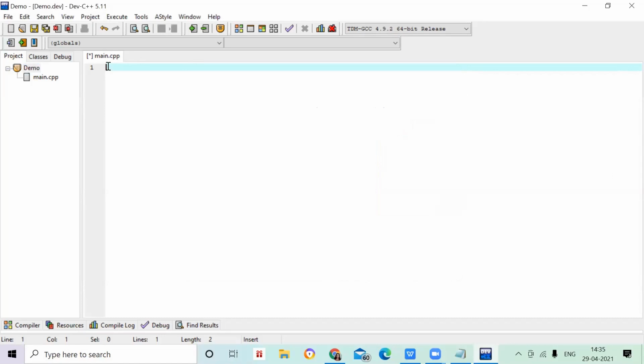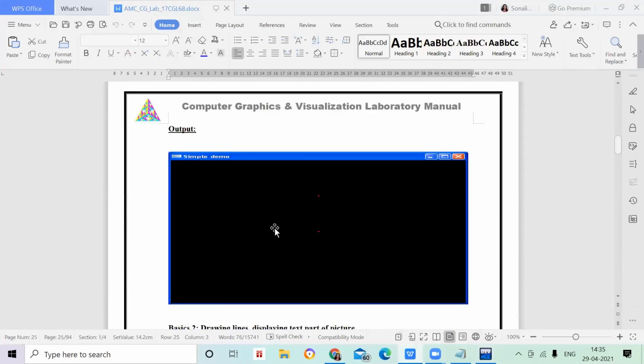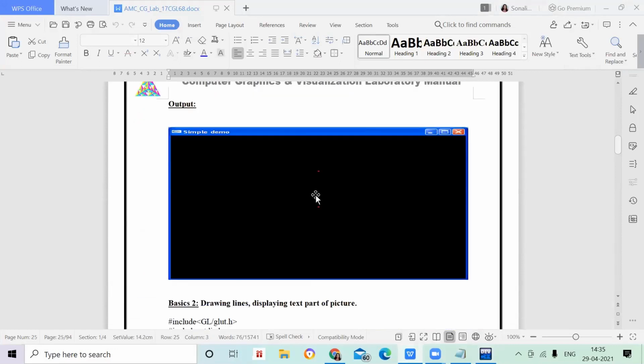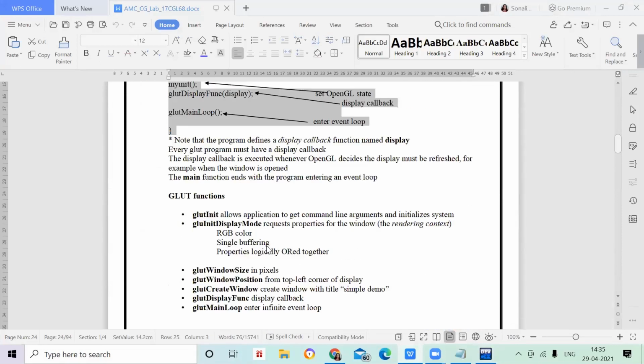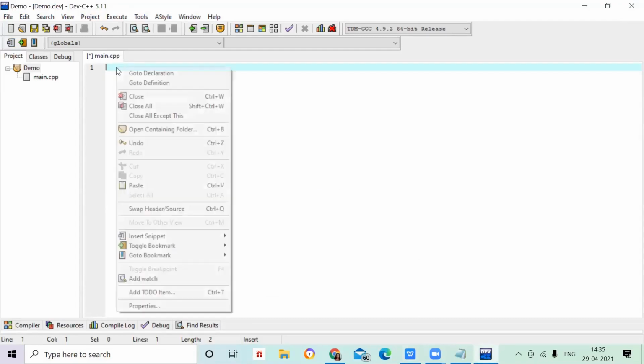Now I have to start writing the project programs. I already have the program in your lab manual, and the output will show two points on your output screen. Let's try this program. Let me copy and paste it here.